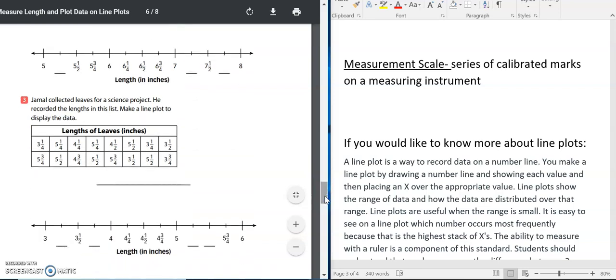Number 3, Jamal collected the leaves for a science project. He recorded the lengths in this list. Make a line plot to display the data using the inches of the leaves. So, lengths of